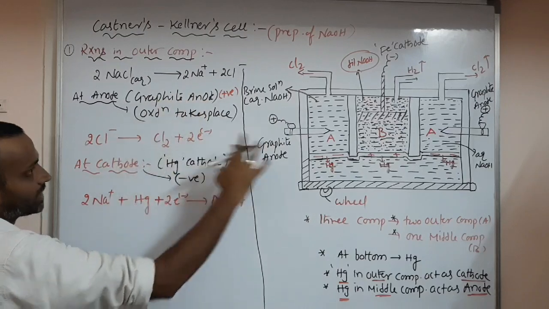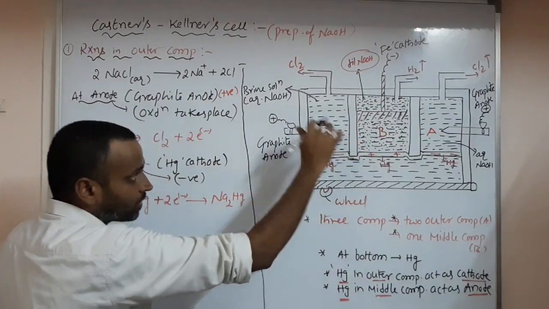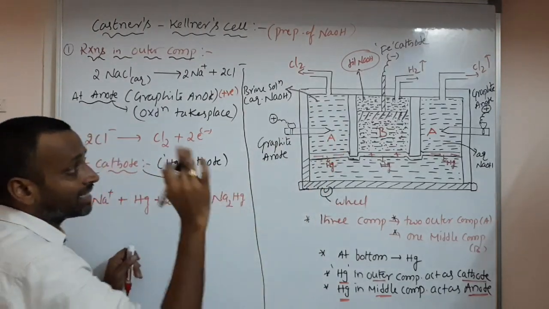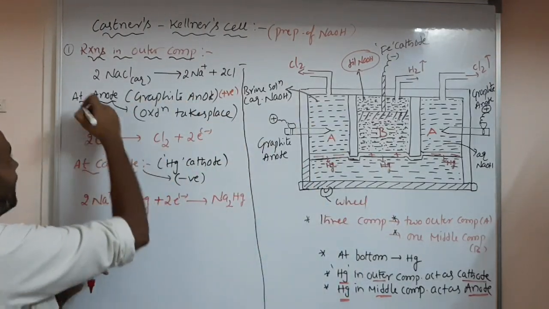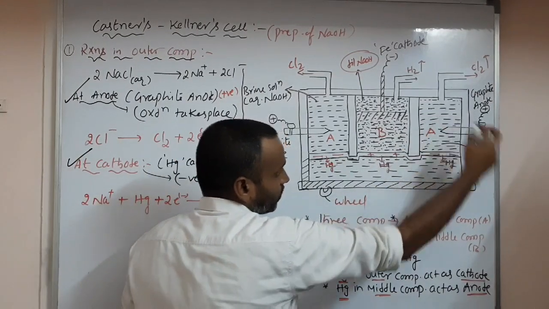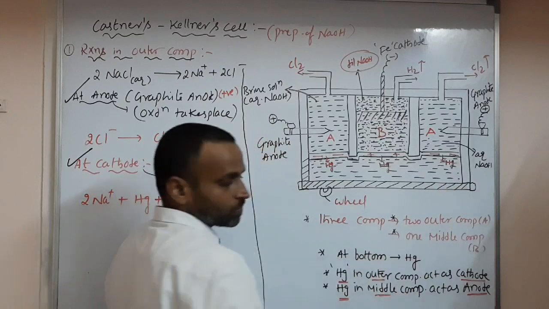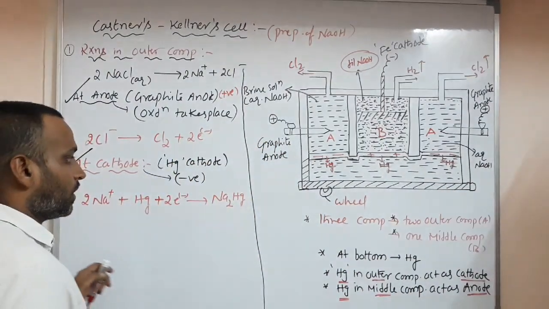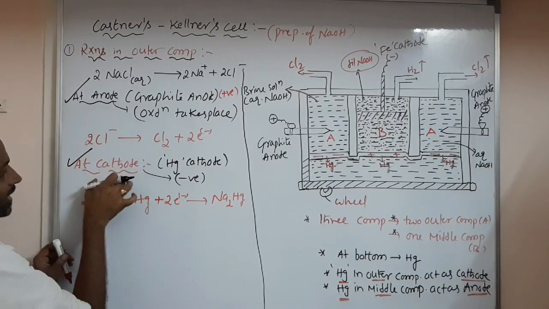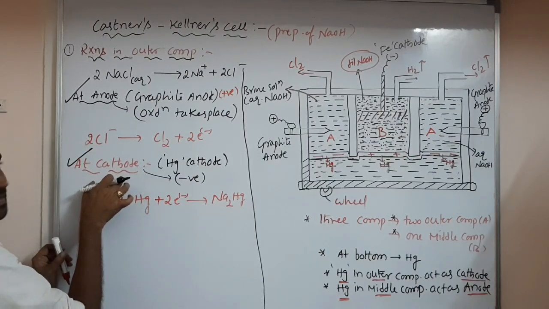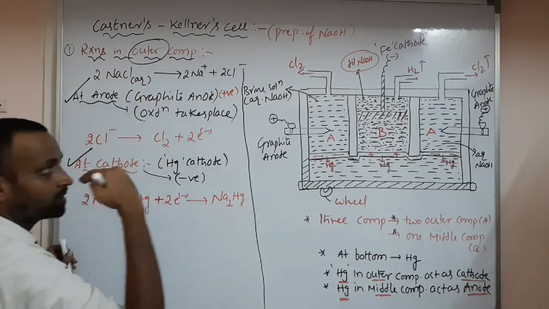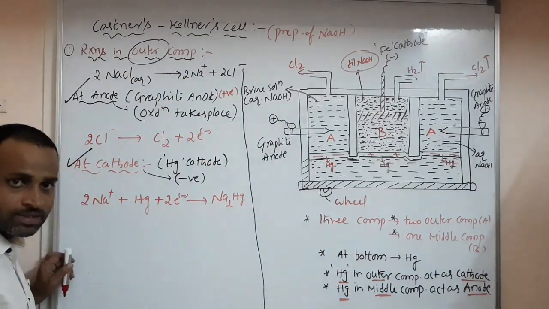Sir, these reactions happen here in A compartments, which yes happens in outer compartments. And the same reactions that I wrote at anode and cathode, the same reactions will happen here also. Here also you will have B. Okay, so these are the reactions at anode and outer cathode. So these are the reactions in outer compartments.